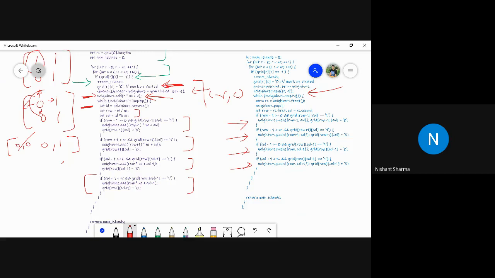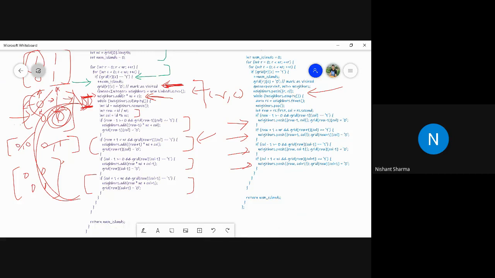Then again, it will come to the while loop on the top. I will remove this and we'll see if it contains any 1 in all the 4 directions. There are no ones here. Then only this 1 is left. This 1 is in the next row, so R plus 1, and this condition will be true. I will again traverse this and mark it as 0. And again, we will come to the while loop. There will be no child left. So all the matrix will become 0, 0, 0, 0, and the number of islands remains 1 only. So that's the logic here. I hope this logic is clear.